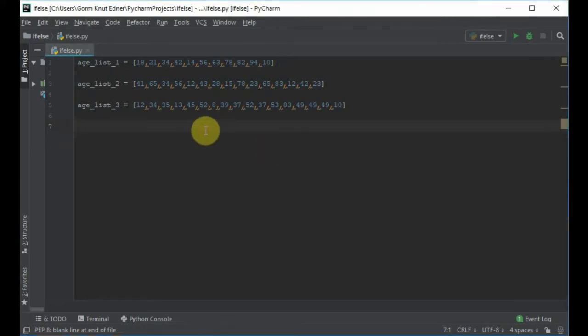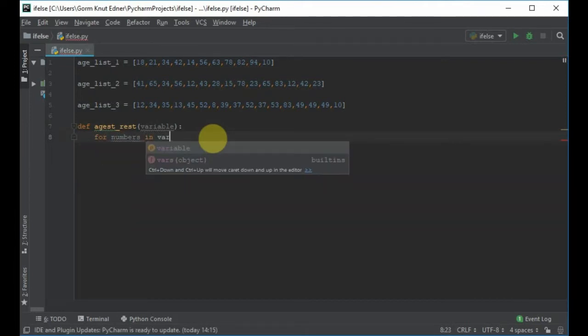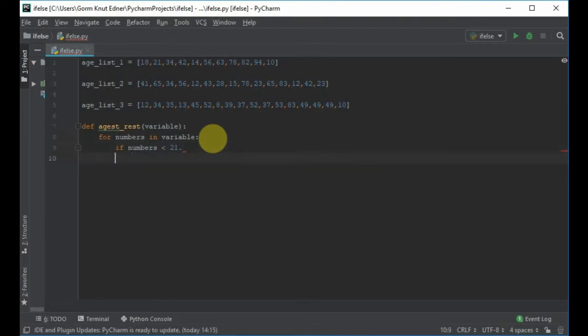So here we need to create a function, and we will call it age. Let's just say age rest for age restriction. And we will just put in a variable here. I'll just call that variable mark, and then we can start off with a for loop. So for numbers in variable, if numbers are less than 21,